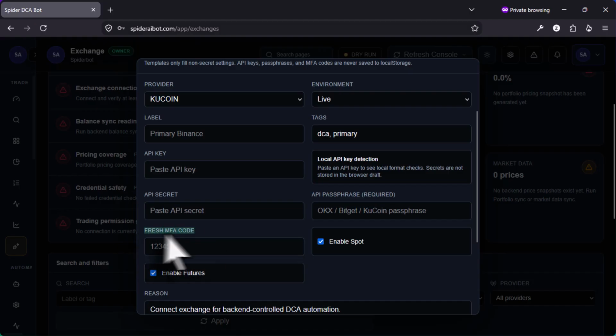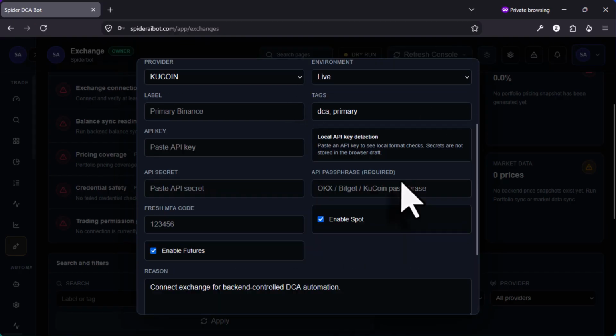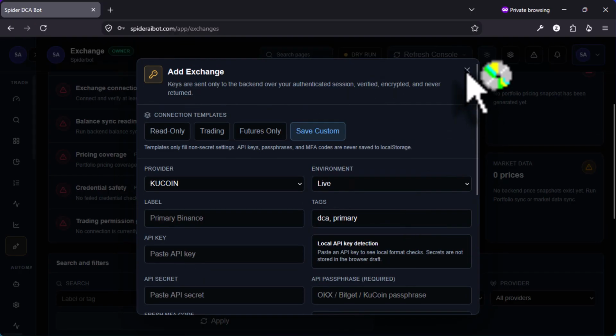So as you can see, you can add your two-factor authenticator, because that is the first thing you need to enable. If you don't use your two-factor authenticator, you cannot add exchange, right? So you can enable futures trading, you can enable spot trading by checking those boxes, right? Now close this. The next one is